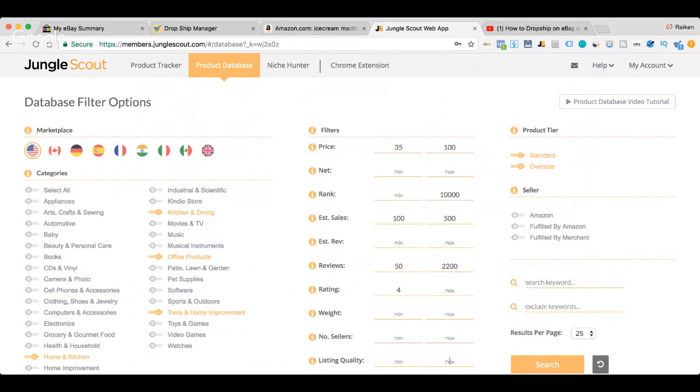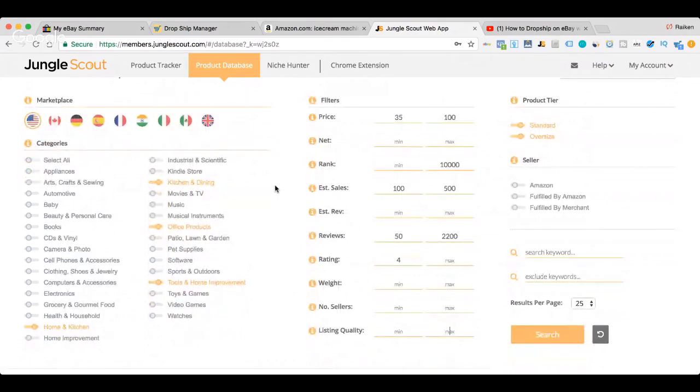Cool. So this is something that I'm using right now, Jungle Scout, to be able to find products. So Jungle Scout is, I think I pay like $39 a month for this software. It's not necessary. I use it because I've been doing private label and whatnot. But in any event, what I want you to do is follow along. And I put in some parameters.